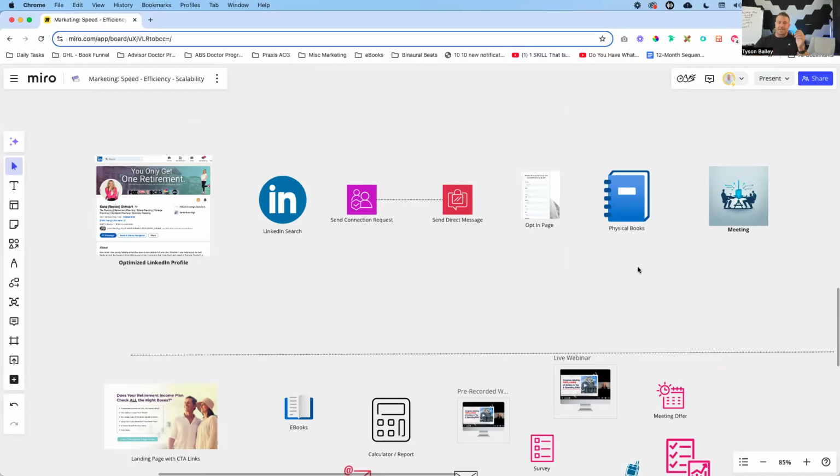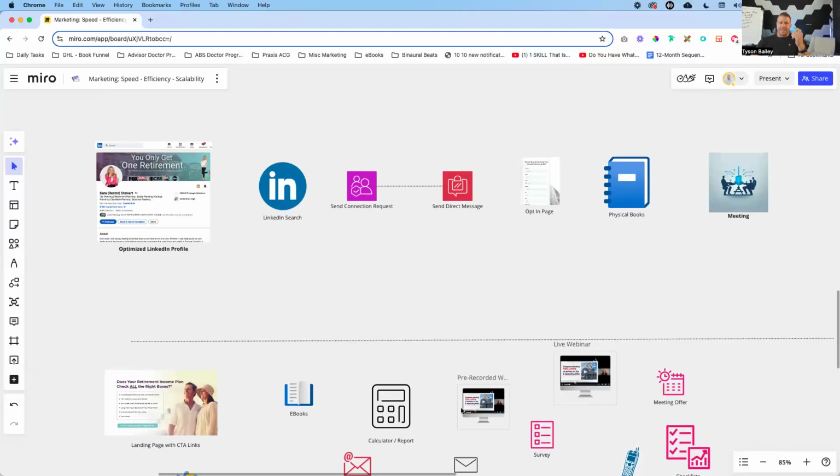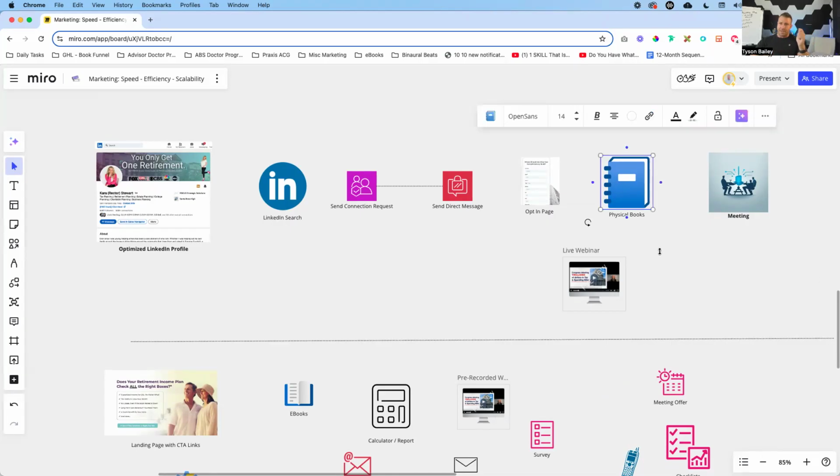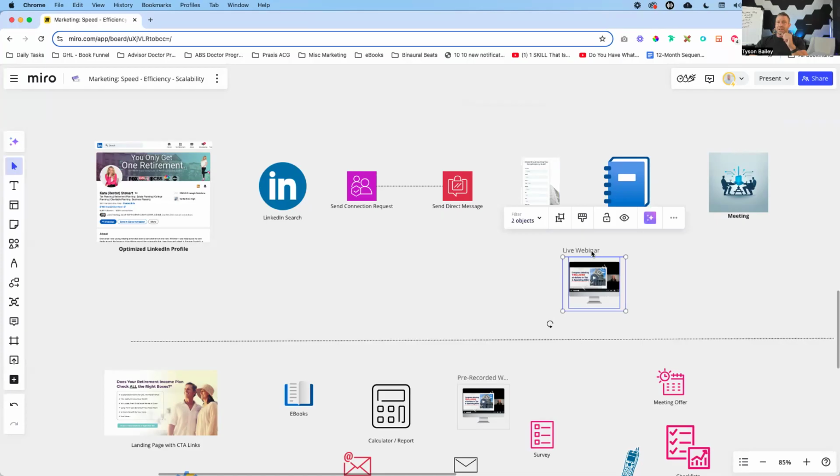So let me contrast that with giving somebody a webinar. A webinar is extremely valuable. There's a lot of great information inside of there, but it's not just the value of the webinar, it's the preconceived value or the presumed value of the webinar. When I'm sending somebody a physical book, if they go out on Amazon and see that they can purchase that for $11, $20, whatever, there's automatically both intangible and tangible value attached to that offer. So if I'm offering somebody a webinar, I can ask for name and email at the very least.